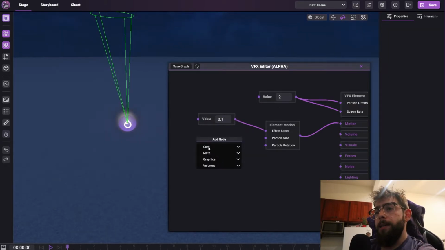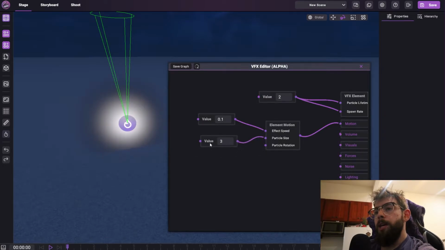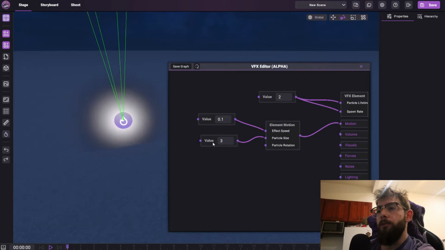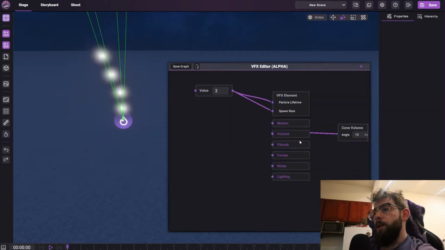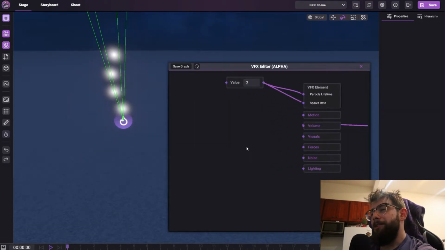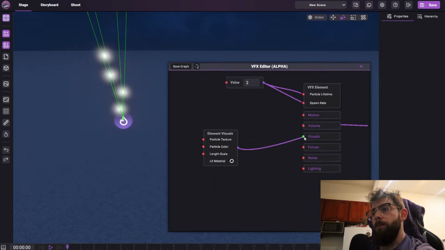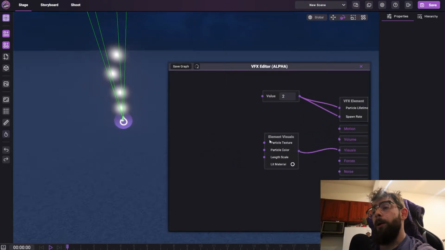And we can add a size. And rotation, because this is a circle, you're not going to notice that much of a rotation difference, but you can slot that in here. We have motion, we have volume, and next we have visuals. Now this is the fun part. We're going to go to core visuals, and you can see we have a larger node here. Bring this over here. And we have our particle texture, color, length scale, and you can choose whether or not